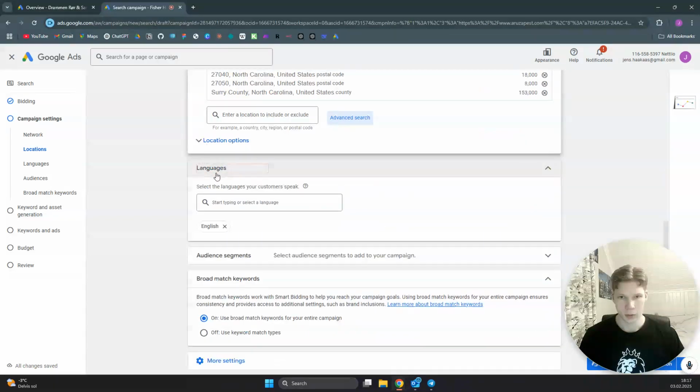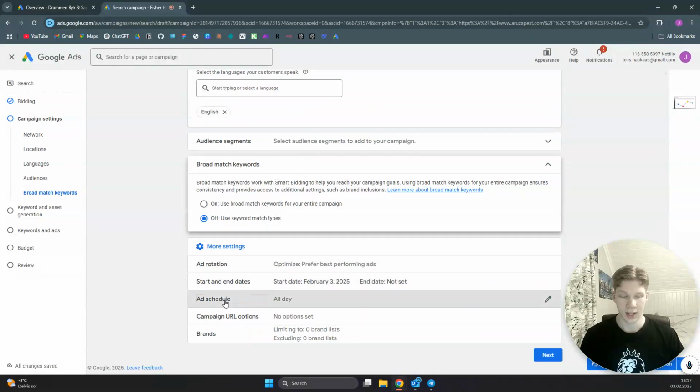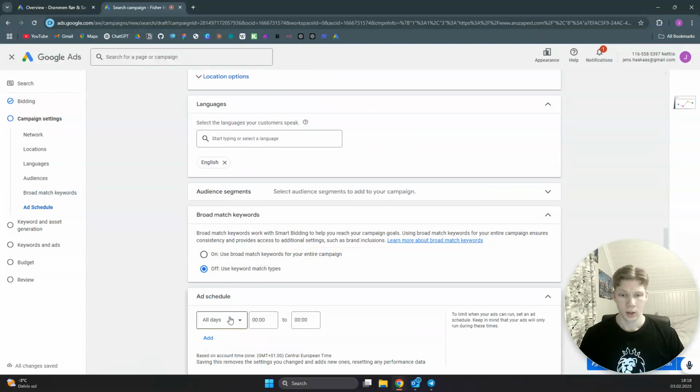And then you want to set your language to English, no audience segments, and we want to have our broad match keywords set to off. And in more settings, we would like to change the ad schedule. This is really important. And we want to set that from Monday to Friday, or when you are ready to take phone calls from Google Ads,